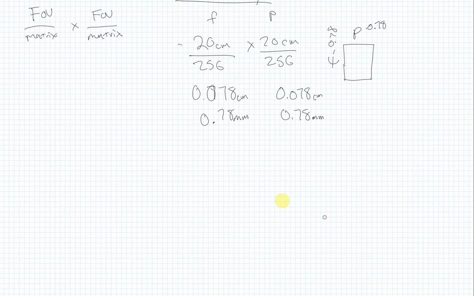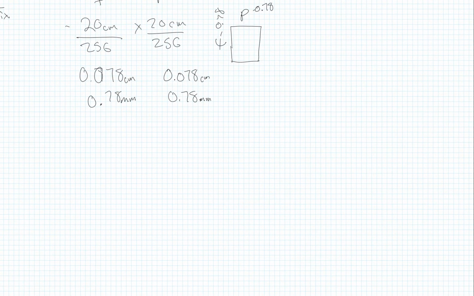Now let us say for a moment that we are going to change our matrix, and we're going to continue with the same field of view. So the same field of view, 20 centimeters by 20 centimeters, but now we're going to up our matrix to 512 by 512. Because we have the same field of view but a bigger matrix, our box is going to be much smaller. So the question then becomes, how much smaller? Well, we can simply calculate it by taking 20 centimeters divided by 512, which gives us